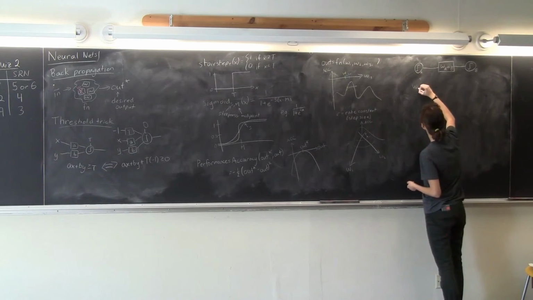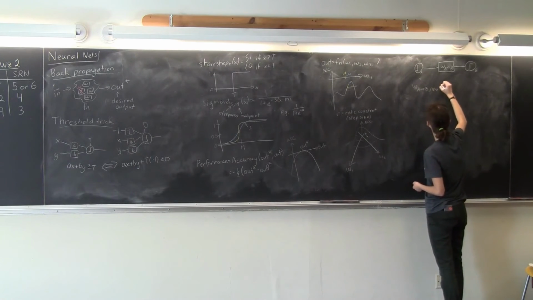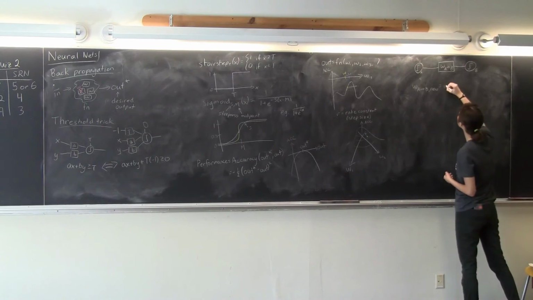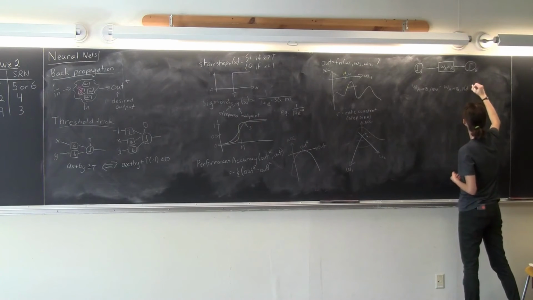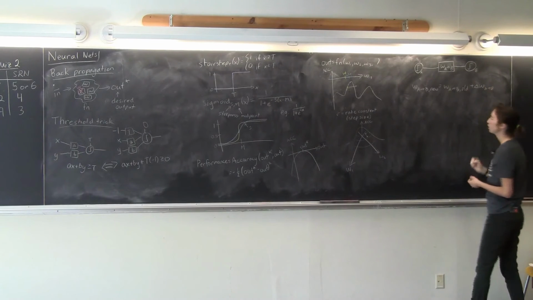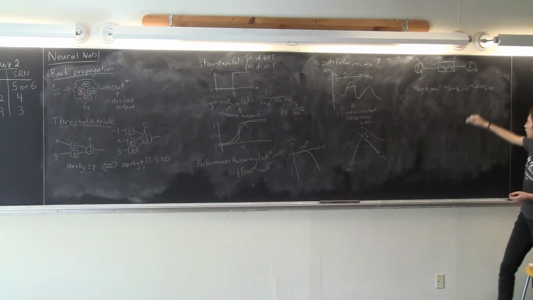Then we want to compute the new value of that weight, which will just be equal to the old value plus the change in the weight. So here's the old value of the weight plus the change in the weight. And then the change in the weight